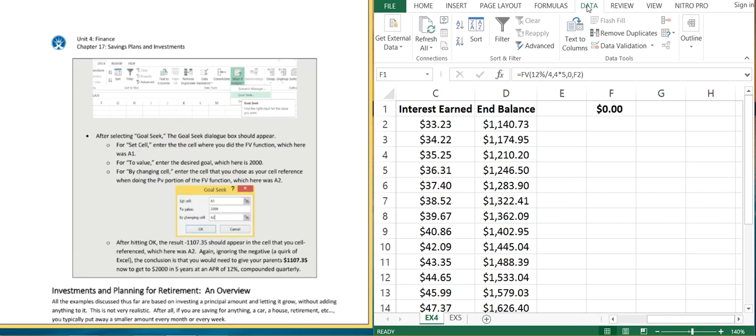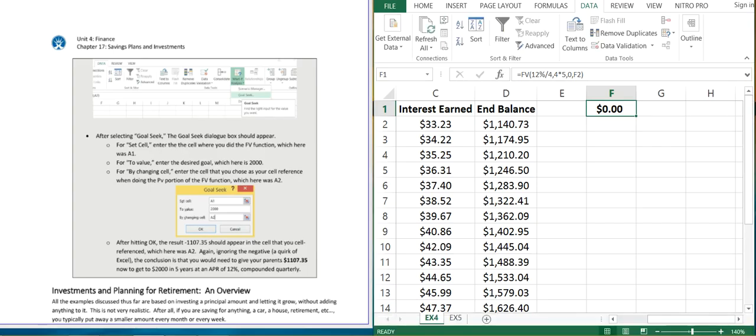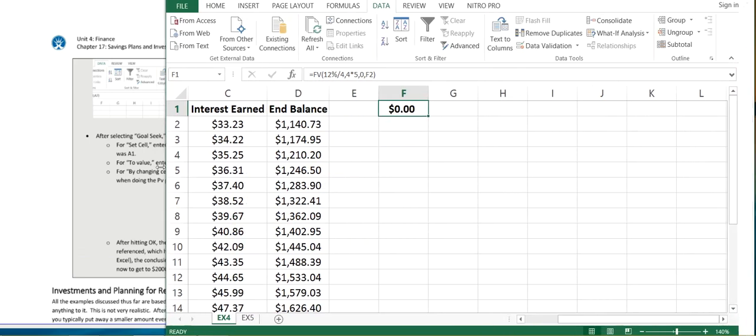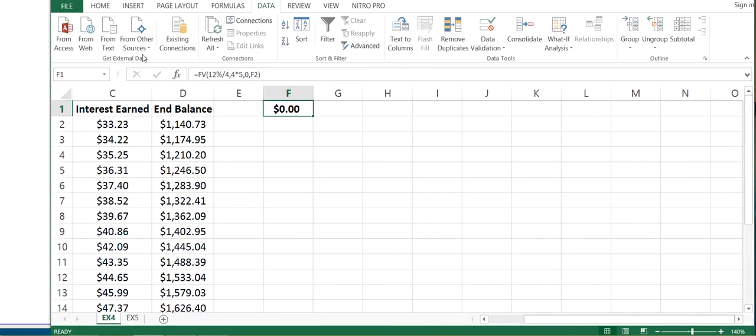So you want to go to your Data tab, and then you want to go into your What If analysis, which mine has sort of gotten condensed down. I'm going to make this a little wider just for the time being so you can see. Okay, so we went to Data, and then What If analysis,